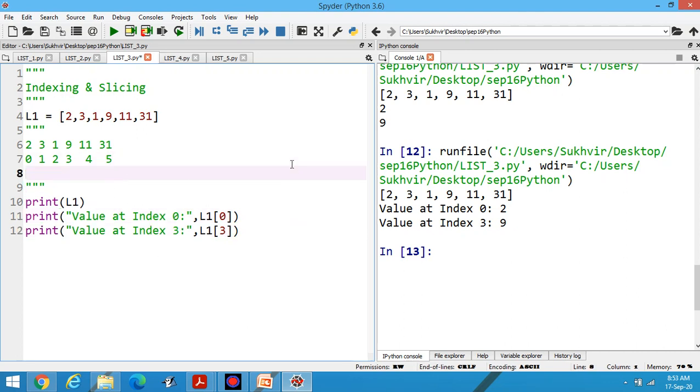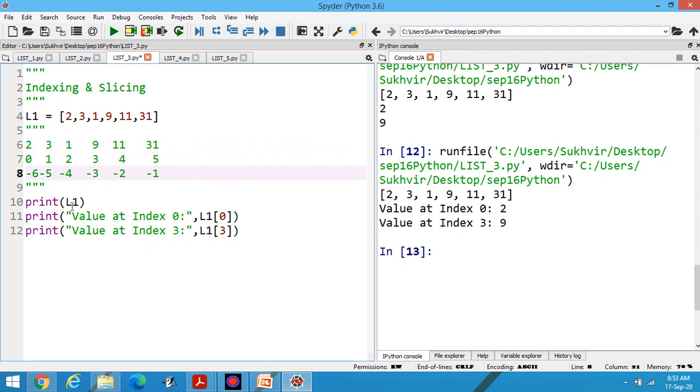Suppose I am talking in terms of negative index. This one is -6, then -5, then -4, then -3, then -2, then -1, like this.